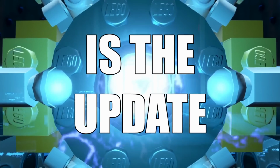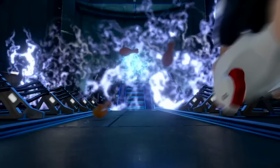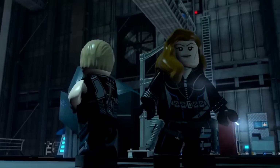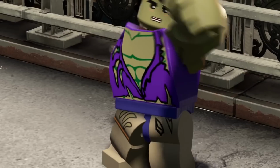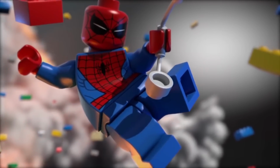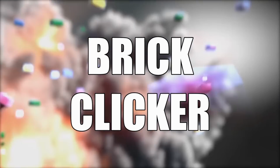Well, this is the update we've all been waiting for. Ladies and gentlemen, for those of you that might not know, we're getting a Lego Avengers Tower, and good googly moogly, it sounds like it is going to be an all-time classic. November 24th is now the release date that has been mentioned on multiple occasions, most recently by Brick Clicker, and